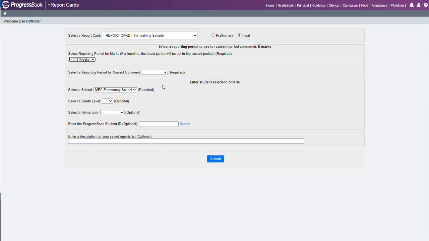select your desired report card, select whatever 9 weeks that you're processing, and also if you have a current comment. So we're going to do fourth 9 weeks for this example. I'm going to run this for my high school